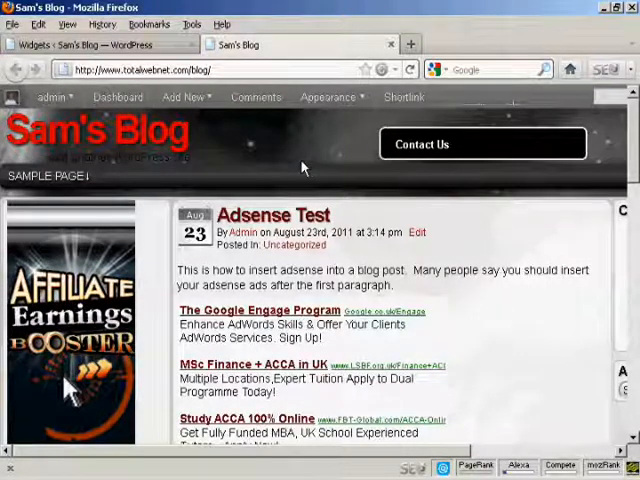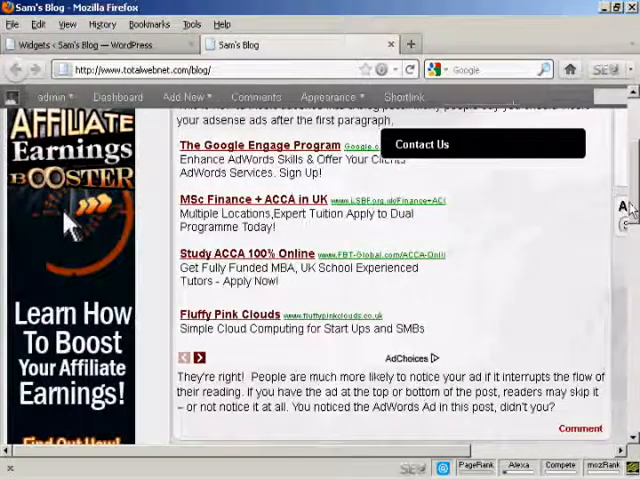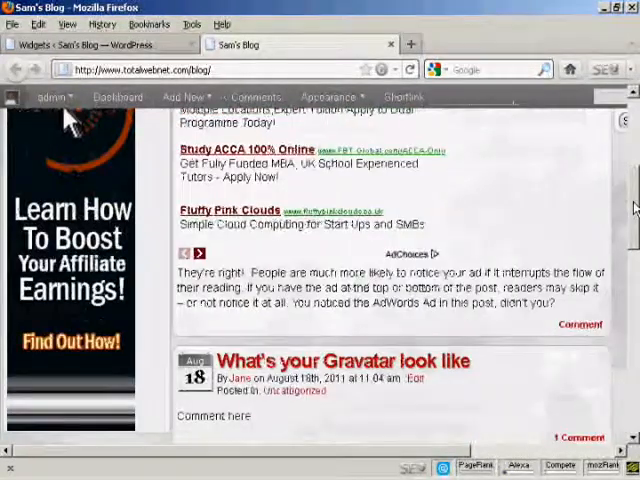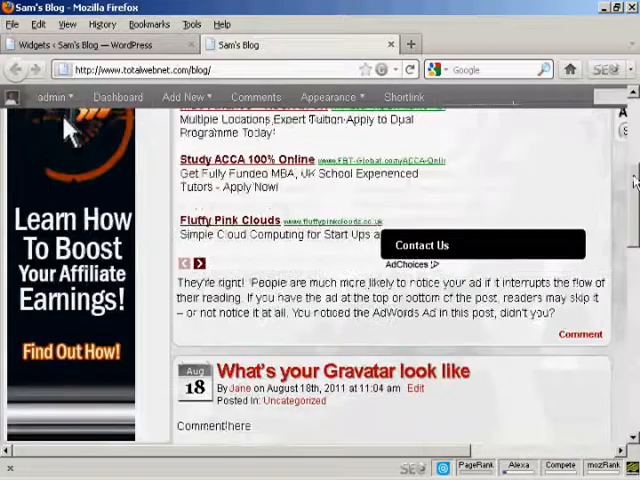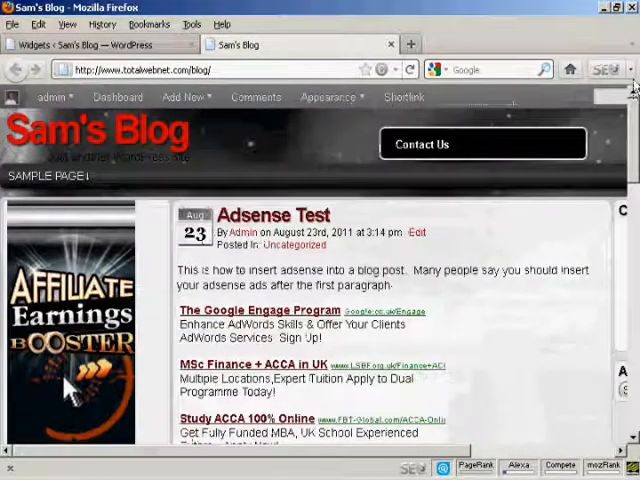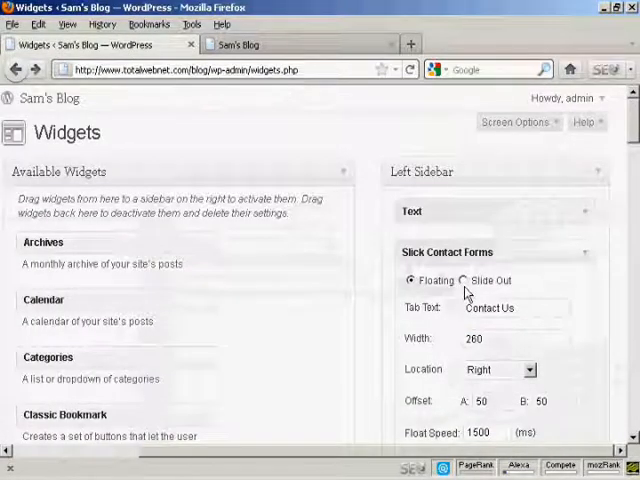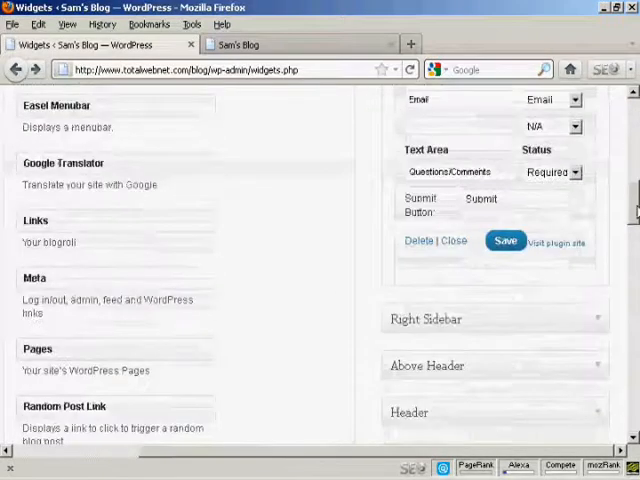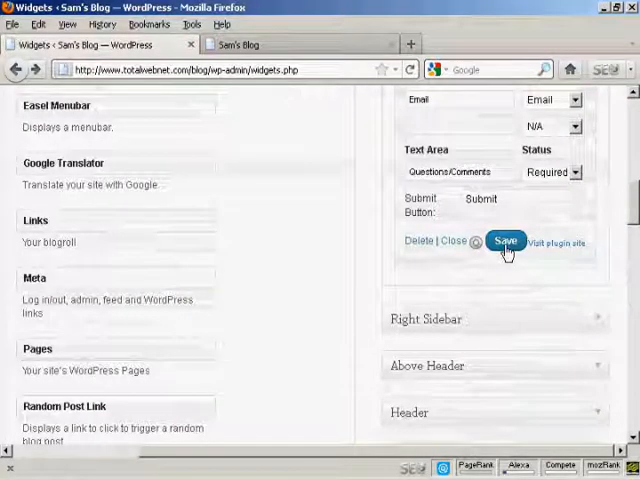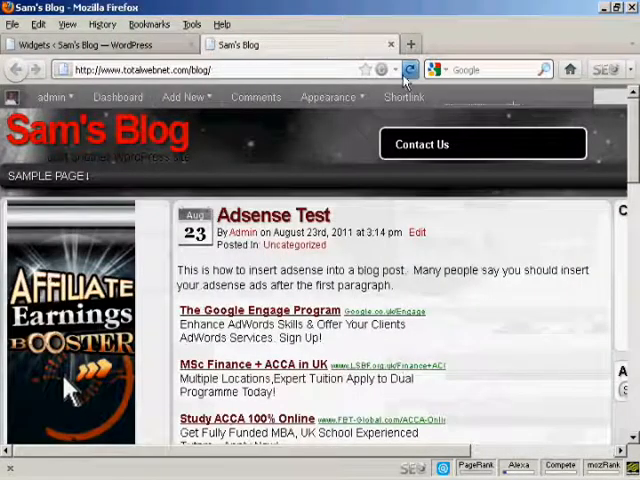One thing I didn't explain earlier is what it means by floating. As I scroll down, you see it follows like that. Let's go back to the top and I'll show you something else. Let me go back to the widgets page. If I decide to have that as a slide out and then click on save and then refresh,